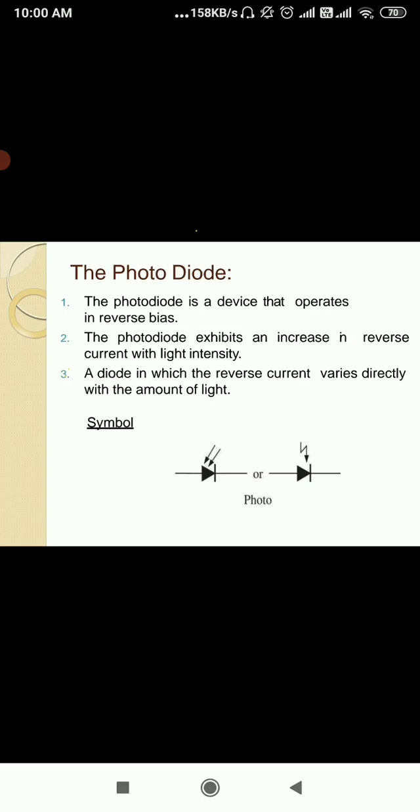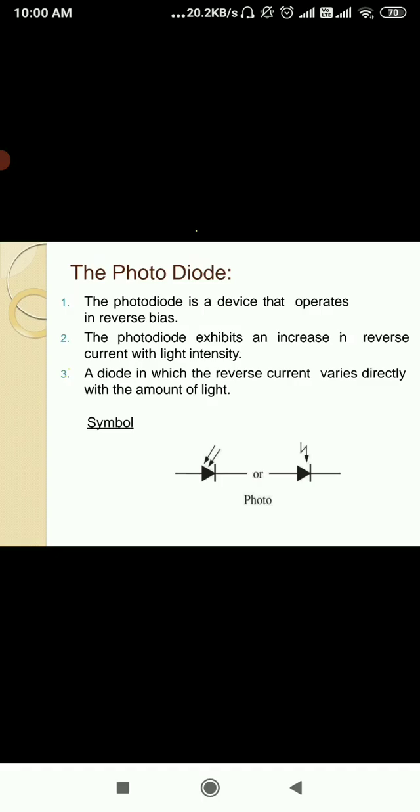So we can say here photodiode will exhibit an increase in reverse current when we are giving it a higher amount of light intensity. Because when you give light, only then will you get electricity. So we can say